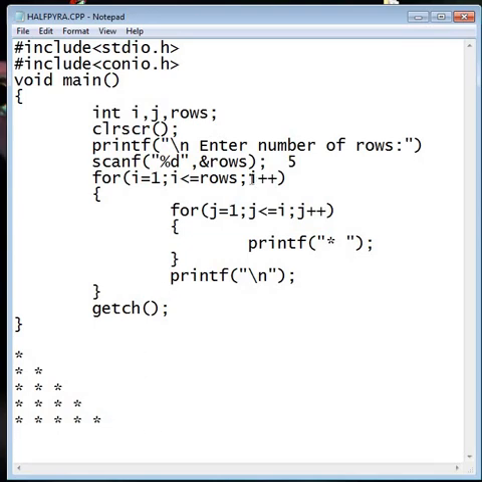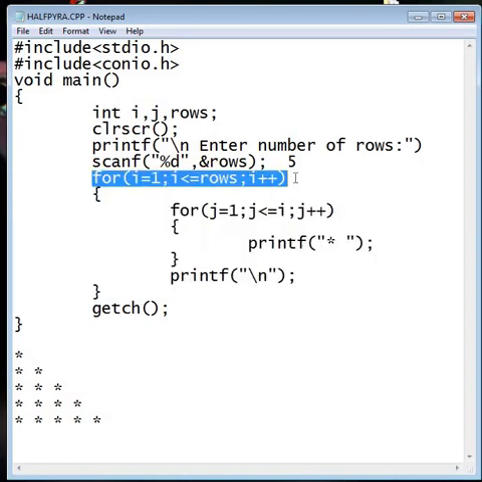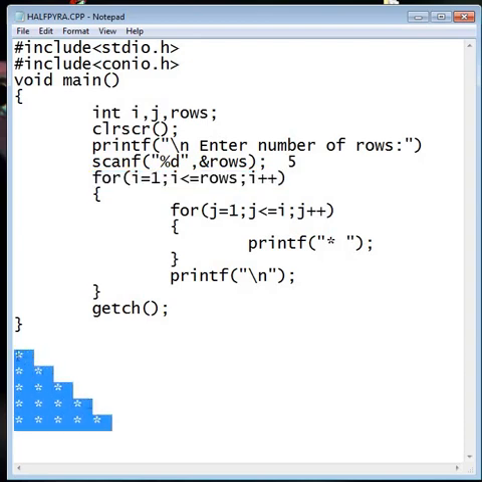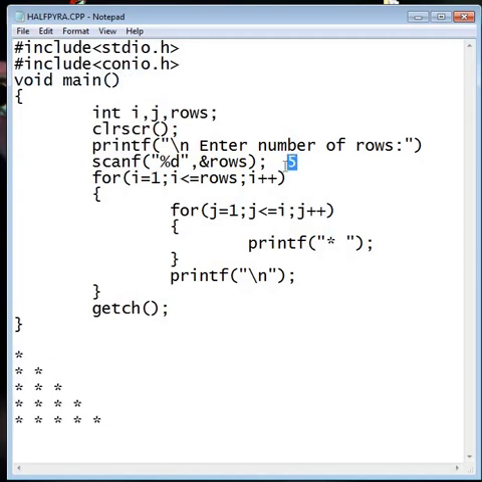And now the value of i is 6. When the value of i is 6, it fails to satisfy the condition and control gets out from the loop body. That means the outer loop terminates, and that is the end of the program. And you can see that by execution of the above program, the below structure will be created, and you can also check the program.